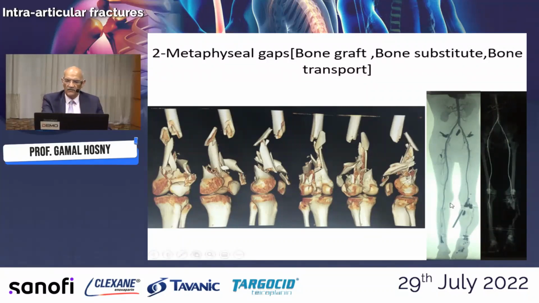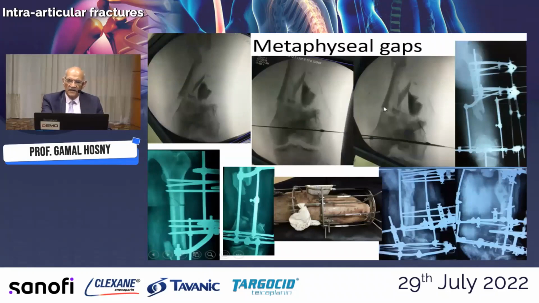Arteriography was done for fear of injury of the popliteal vessels. And this was the reduction. First, aspiration of the effusion, distraction, manipulation, 2 olive wires opposite each other. Corticotomy was done first. You have a gap, then corticotomy, lengthening, and the